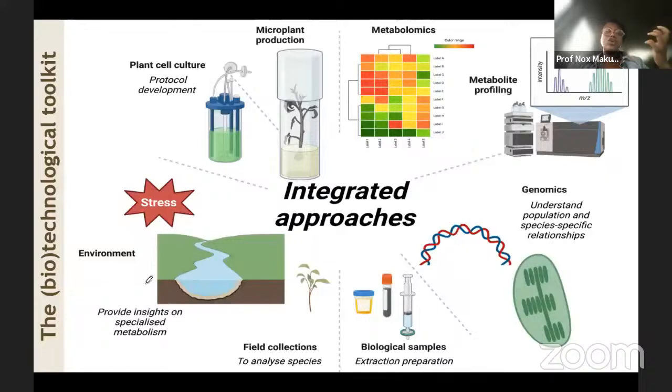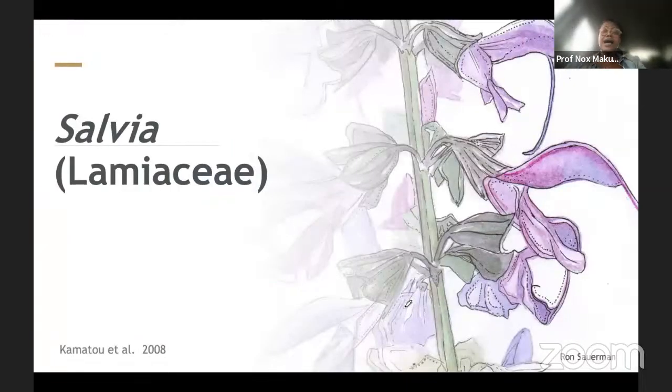We are trying at the same time to understand impacts of different stresses on different plants, which of course has an implication in relation to climate change. We use a variety of different tools. We are able to grow these plants in tissue culture, which can be utilized as a conservation strategy. It also can be used as a torture chamber where you can tweak what's going on inside the bottle and then use a range of different technologies that allow us to be able to see the different phytochemicals that may change as a result of stress, but also genomics that allows us to be able to study plants at a population level,